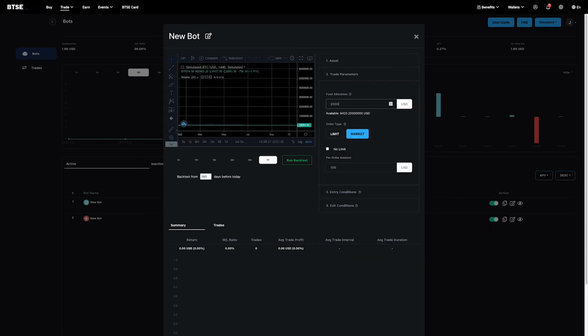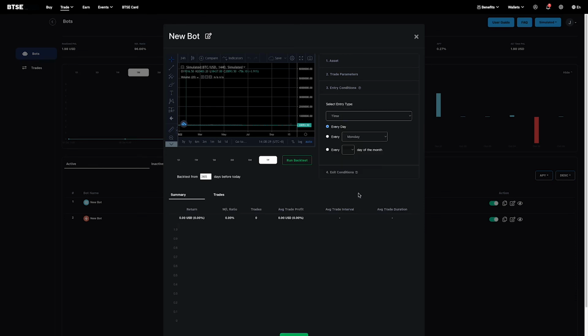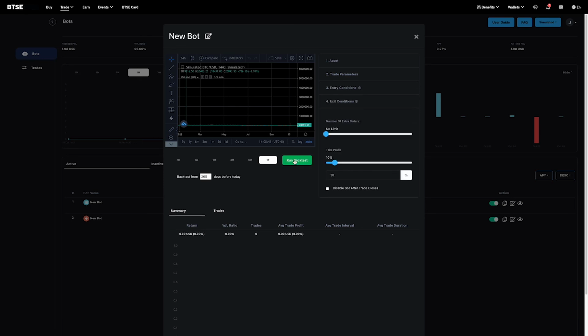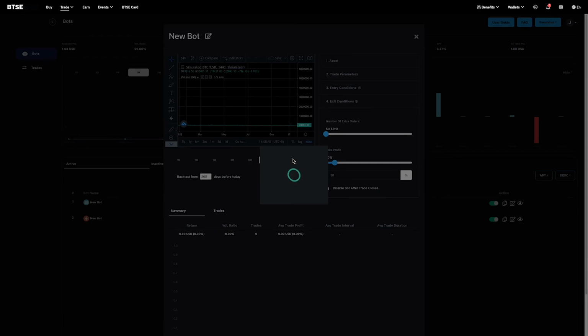Next, we're allocating a total of $2,000 and purchasing $100 worth of Bitcoin with every trade, every day at market price. This means that you're buying $2,000 worth of Bitcoin over the course of 20 days, at the average market price of those 20 days. Lastly, you can also set up certain exit conditions to stop the bot once your profits go up or down a certain amount. If you backtest this strategy, you'll see that you'd have made a